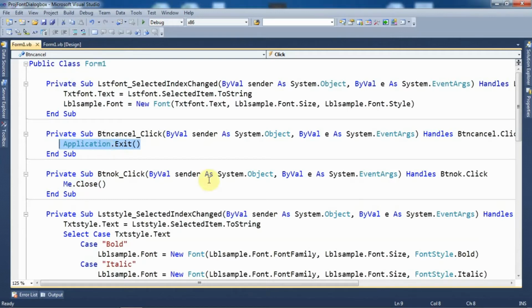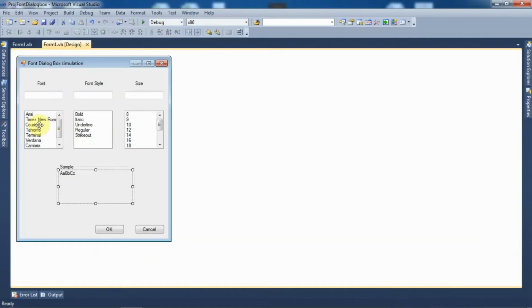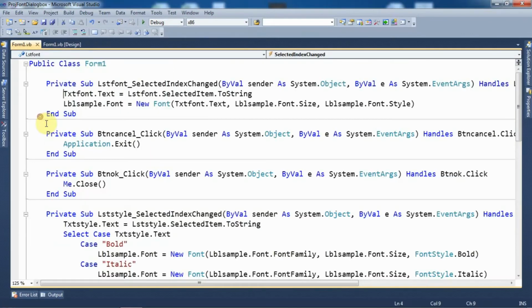After that, as I have told, whenever the user selects the effect, that is font family, style or size from the list box control, it is to be displayed in the text box control, and along with that we also need the effect within the label control. So we need to write the code on the SelectedIndexChanged event of these three list box controls. So let's see the SelectedIndexChanged event of each list box control one by one. So first is font family. It is over here, that is the lstFont_SelectedIndexChanged event.